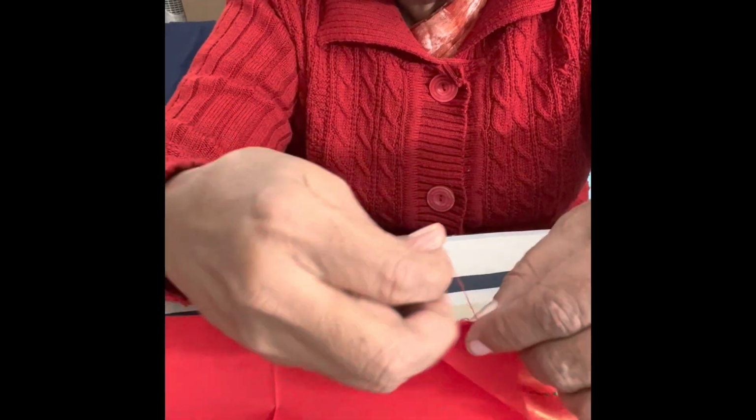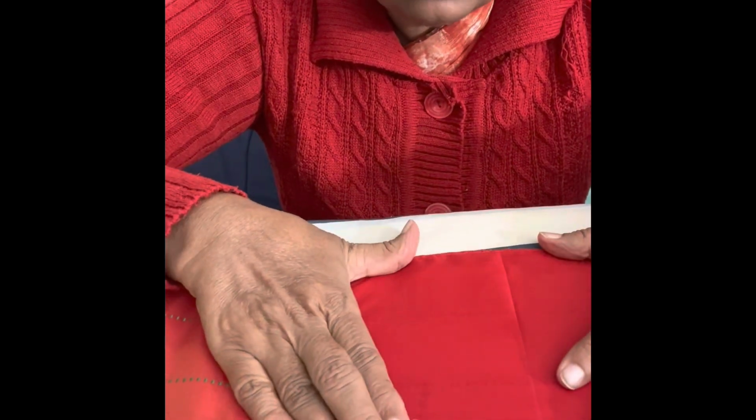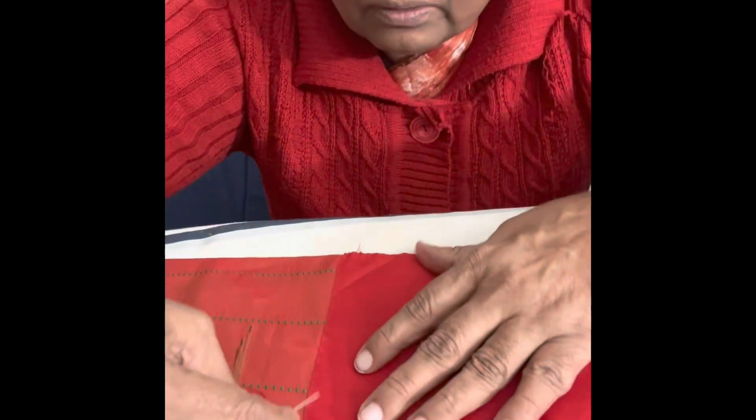So now we have secured this end, and now we should start on the inner side. How to secure the inner side? Now we have to go back completely. We have to go back and start from the same edge from where we started securing the fall. See, now this is the edge where we started. Now we have to see to it that we keep the fall and the sari at proper tension, and we start